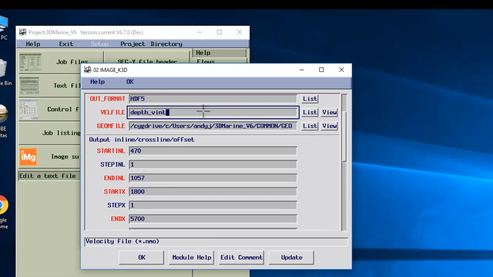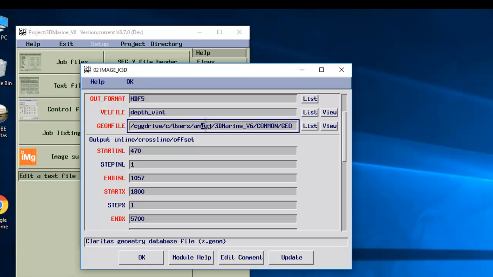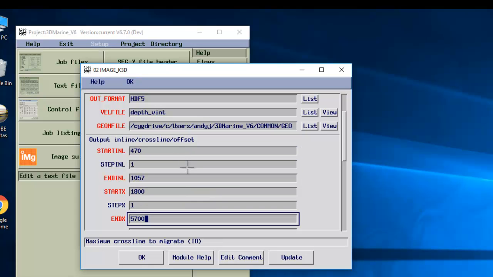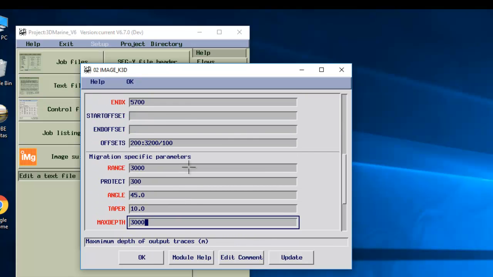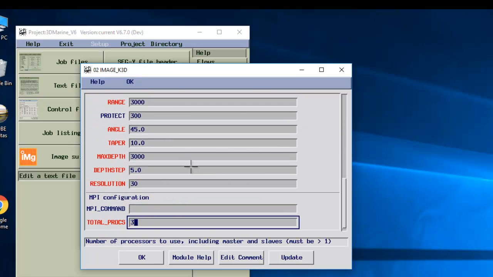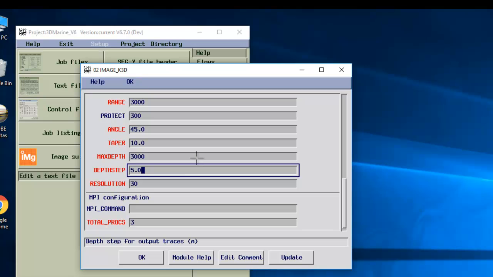The velocity files it takes in can be in our internal Claritas format, or again, SegWi revision 1 format. It uses either a 3D grid file or a Claritas geometry database file, with the same input parameters in terms of inline, crossline control and offset definition. And then in terms of parameterization, we have